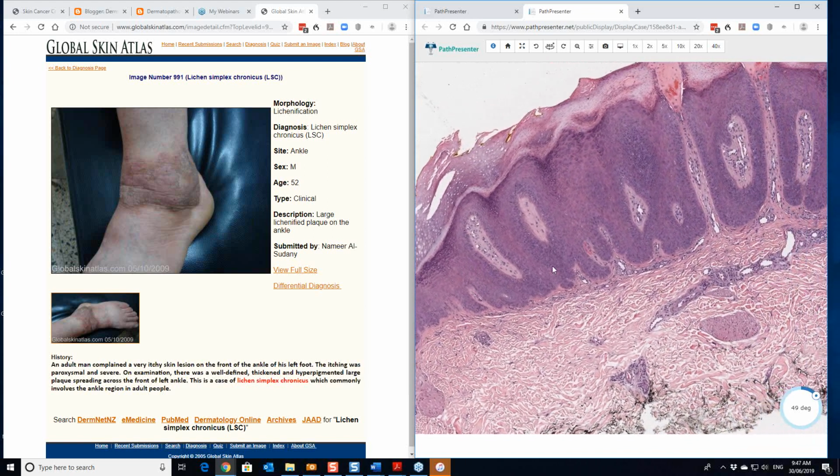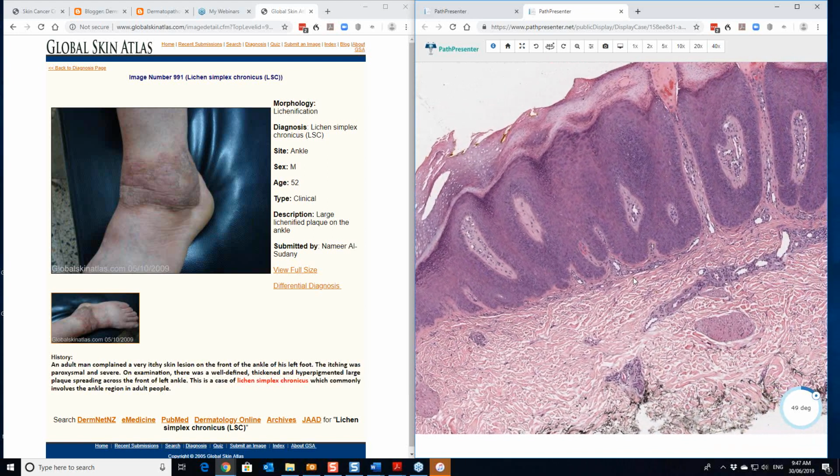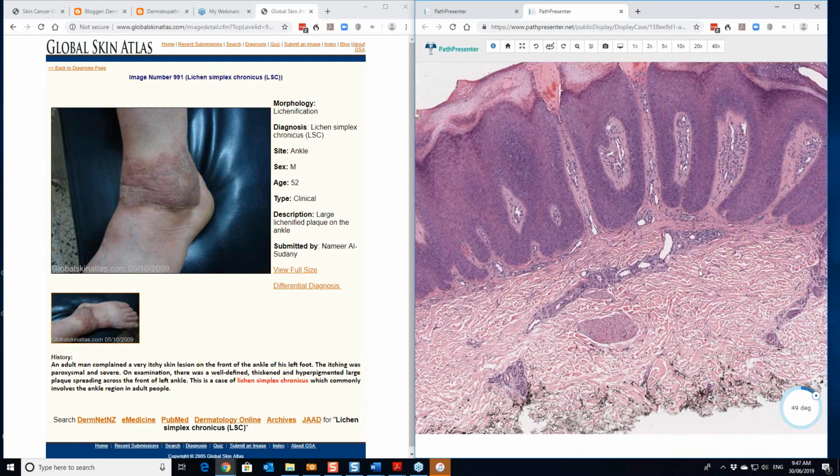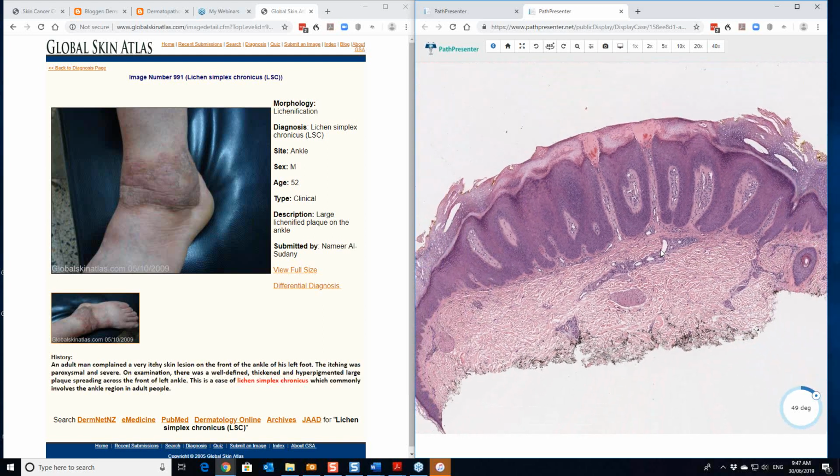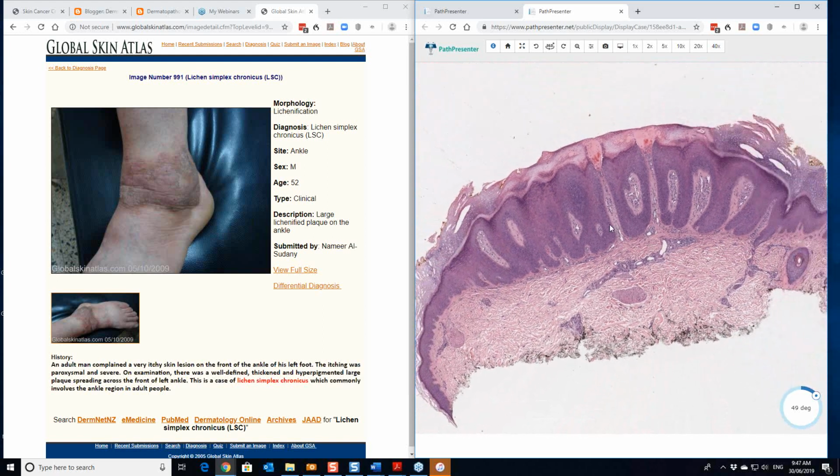There's not the neutrophilic infiltrate that you see in psoriasis. You won't see subcorneal pustules and the like. And there isn't as much of a perivascular infiltrate as well. There's still some dilatation of vessels here, though. But you can see how they're generally surrounded by a lot more collagen in that papillary dermis than you would see in psoriasis. So these are the major histological features that you see in lichen simplex chronicus